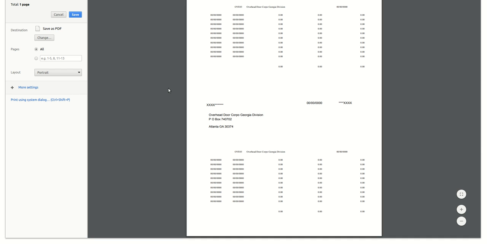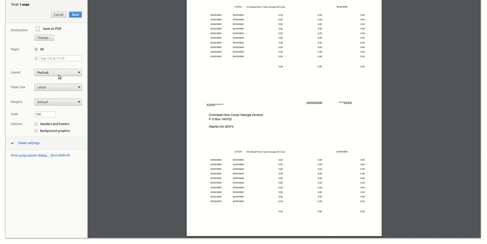First of all, you want to print on the same printer all the time because the settings could be a little bit different. And the other thing is, if you go into more settings here, click more settings, make sure that you've turned off this headers and footers. It should not be checked. If it's checked, you'll get a little header print at the top of the page and one print at the bottom. But at this point, and normally you use portrait layout, paper size, letter size, default margins, okay, because these